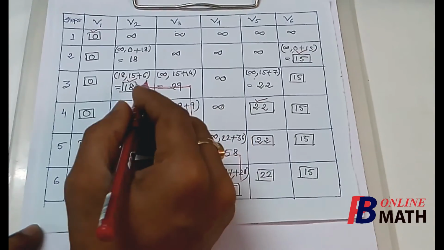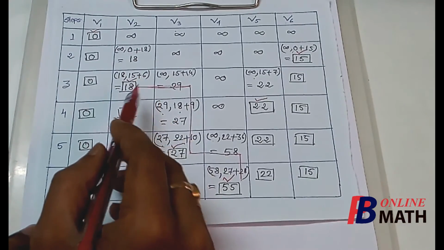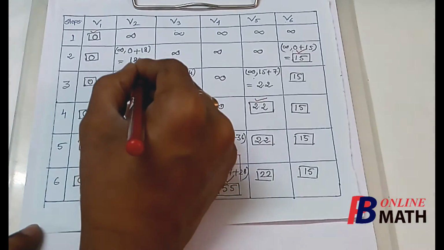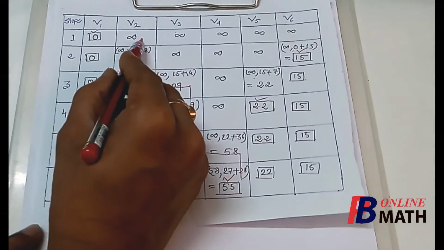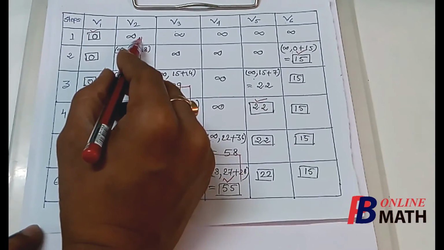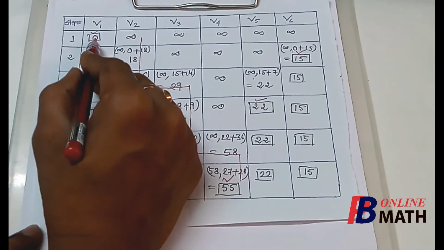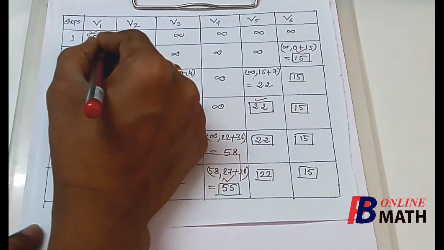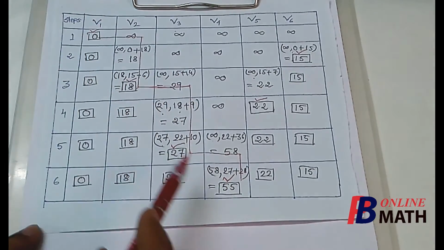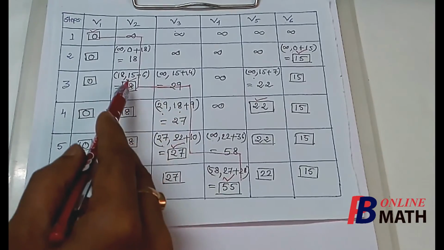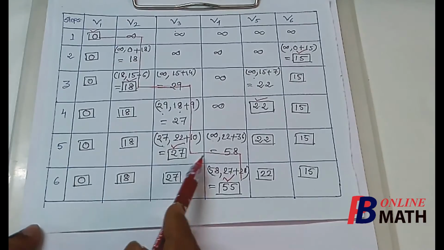Again we stop here. Next we have to move vertically upward until there is any change. So we move vertically upward. We find that 18, 18, infinity. So there is a change. We stop here. Again we have to find the permanent level of this step, and we find that this is the permanent level of this step. So we move from infinity to 0. So this is our initial vertex, and from the destination vertex we have traveled to our initial vertex. So this is the required shortest path.